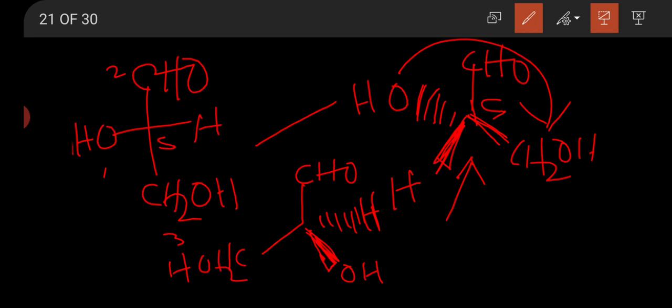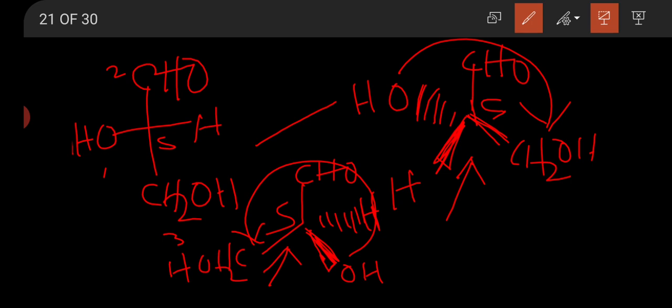If we are taking the bottom vertical bond on the left side of the molecule, let's see from this angle: 1, 2, 3. 1, 2, 3 is anti-clockwise and the fourth priority is below the plane, therefore it is S configuration. Okay, the Fischer configuration S is retained in the wedge dash projection formula, therefore it is the right conversion of Fischer to wedge.